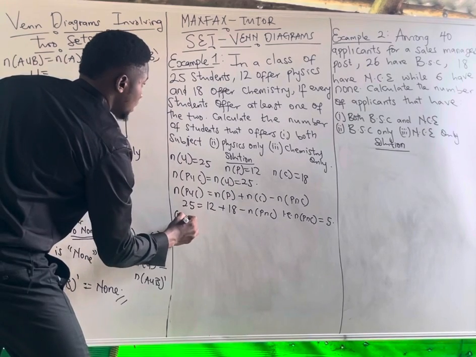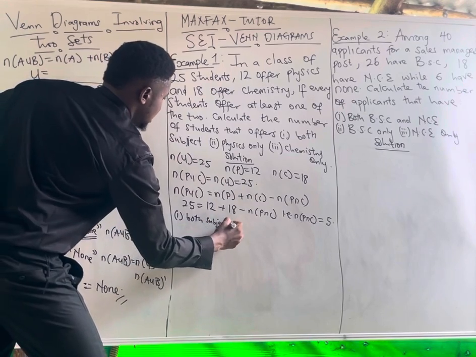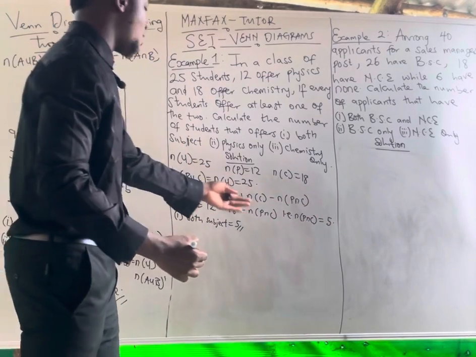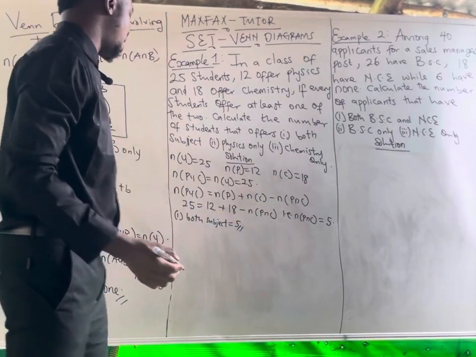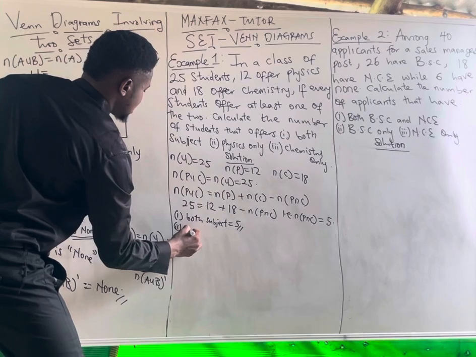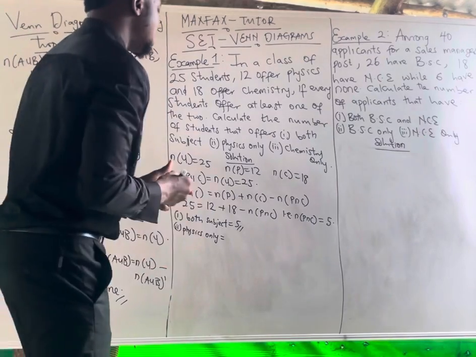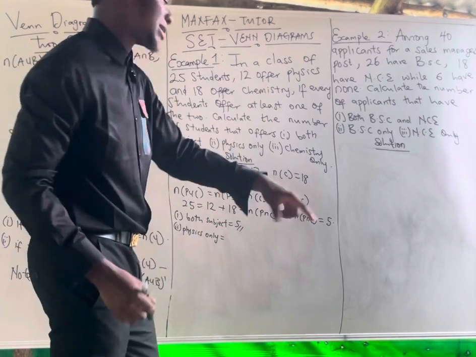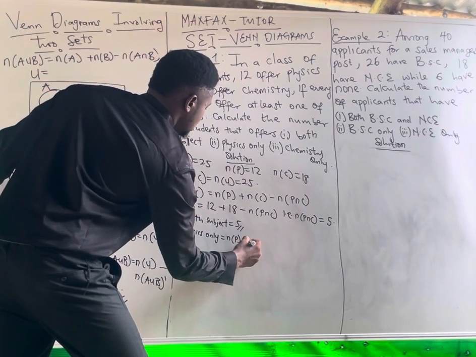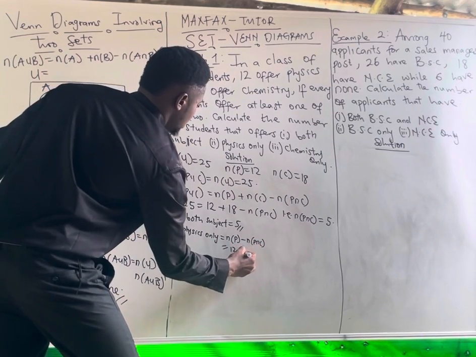The first answer, number 1, both subjects. For both subjects, the answer is 5, because our P intersection C represents both subjects. But if you want to do physics only, it will just be n(P) minus n(P intersection C). That will be equal to 12 minus 5, and the answer is